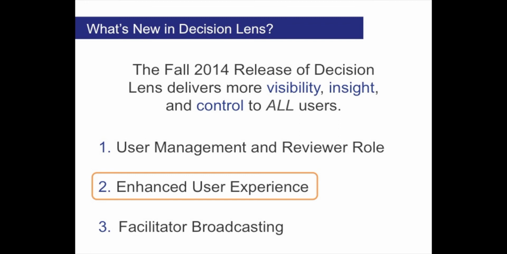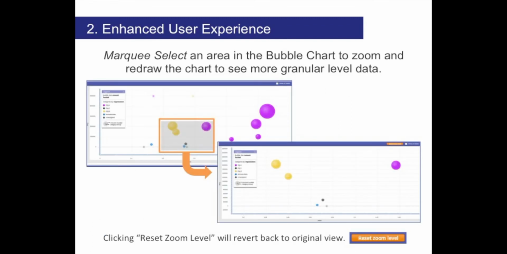Inside the bubble charts, especially, those of you that have a lot of alternatives and are using this visualization will understand that sometimes you can have a very densely packed visualization with a lot of bubbles on it. Or maybe you have some outliers that you really want to focus on. With the new marquee selection option, I'm able to select an area of the bubble chart that I want to focus in on. You'll see on the top left-hand side, we want to focus in on that center section. The entire visualization gets redrawn,